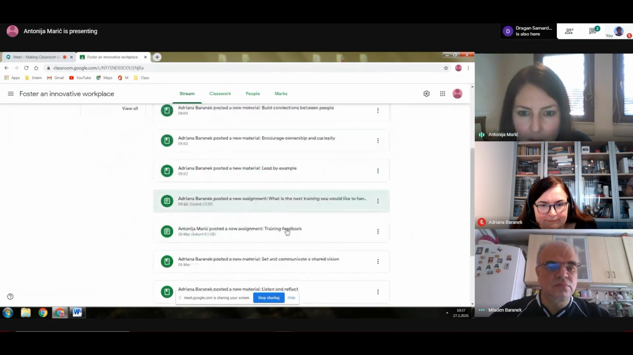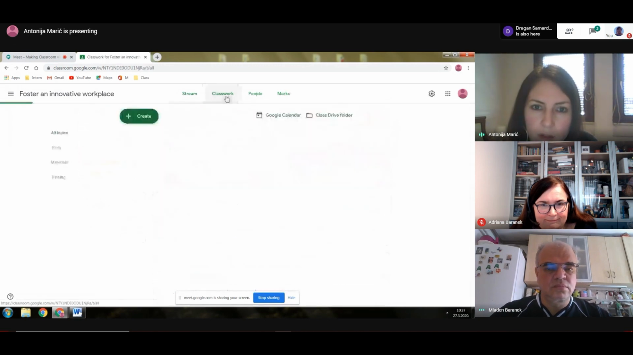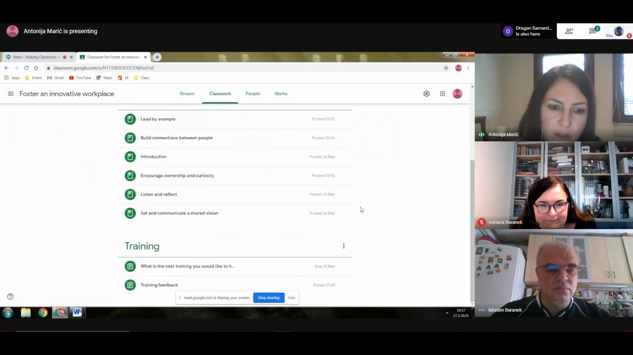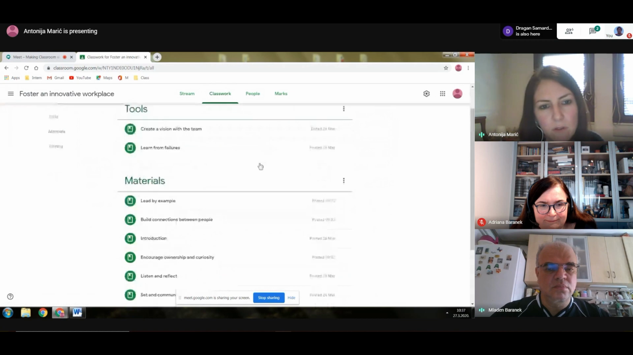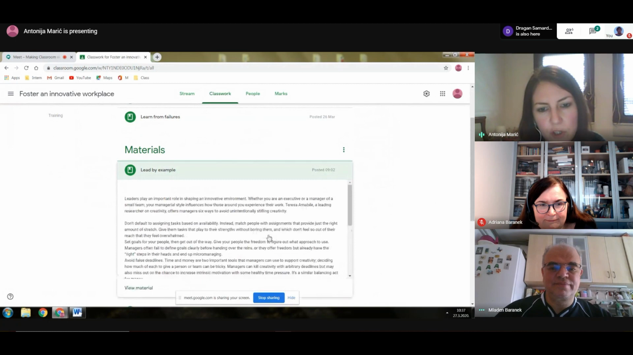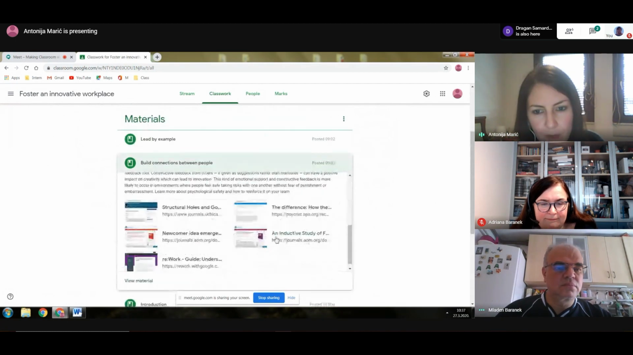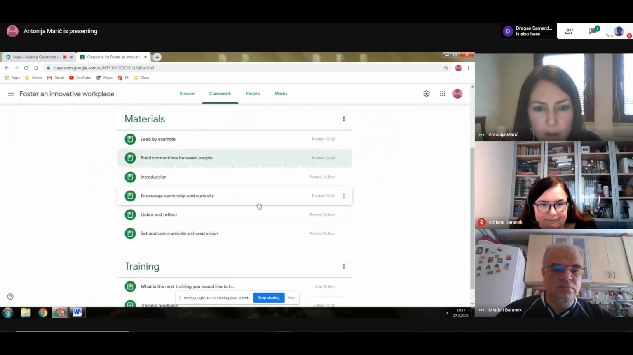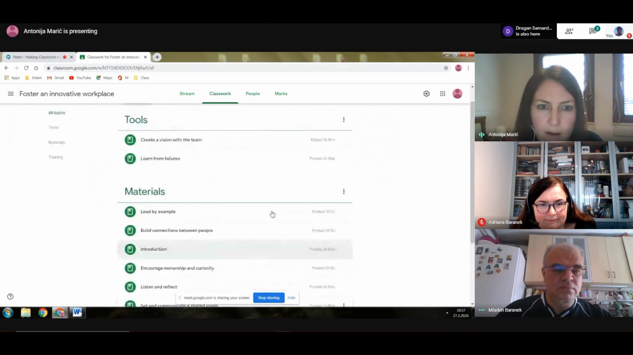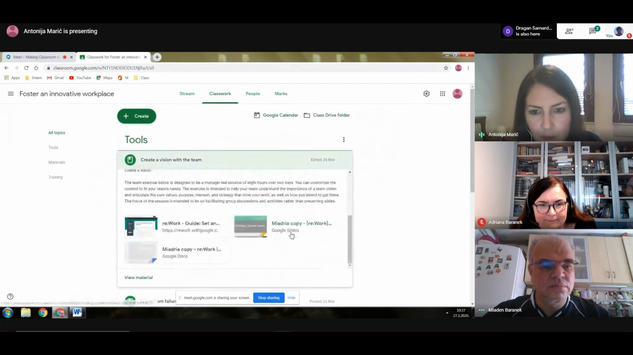We have lots of stuff here. We added lots of materials. Under the classwork tab, you can see tools topic, materials topic, and training topic. Under the materials, we have lots of materials from which our co-workers can learn from. As you can see, some useful web pages, introduction to the theme. After that, under the tools, we can maybe do some exercises we have in Google Slides,